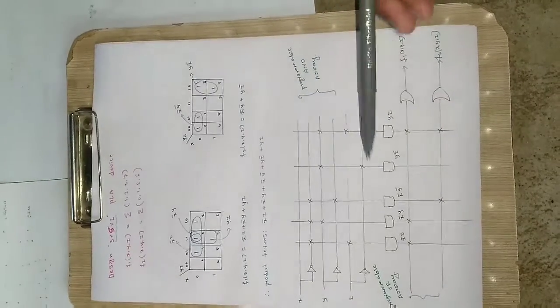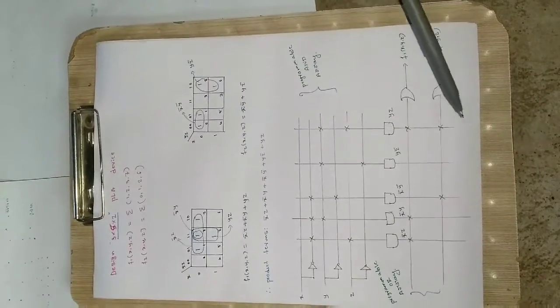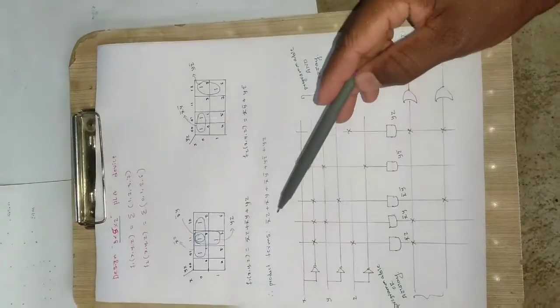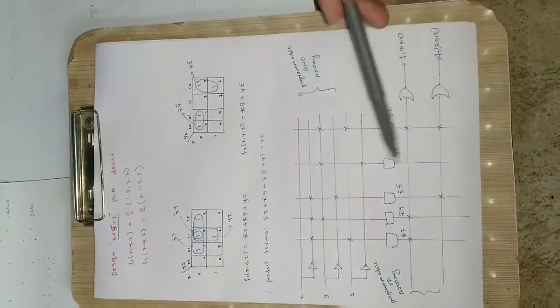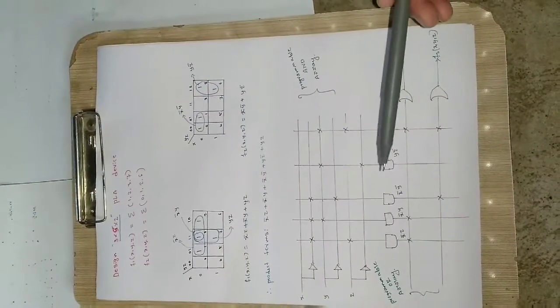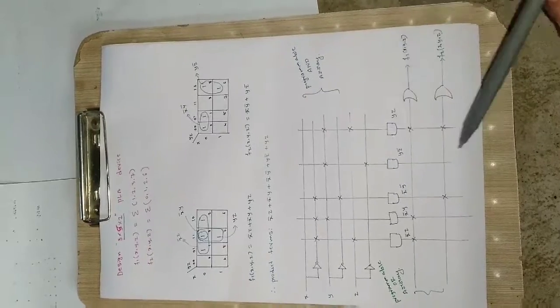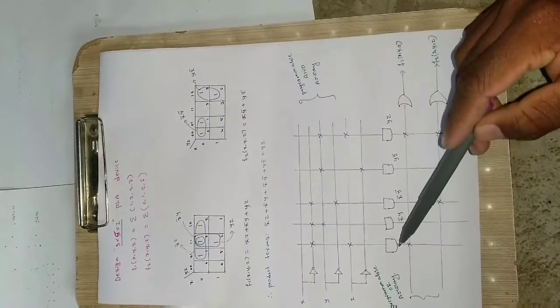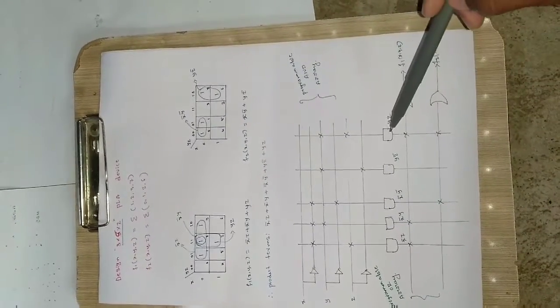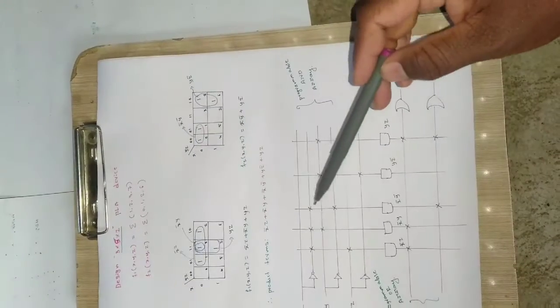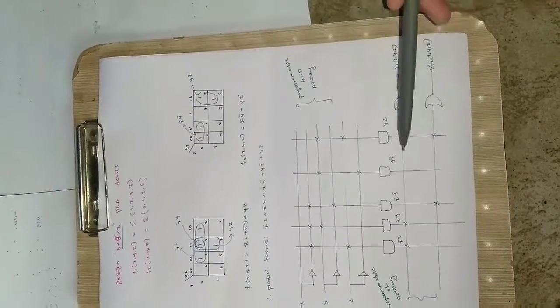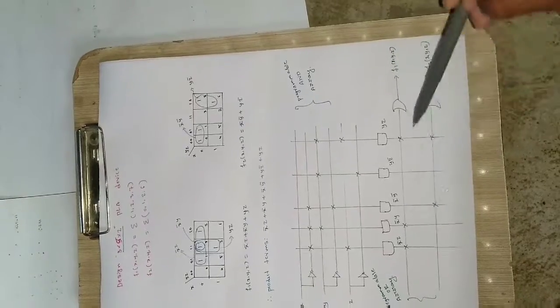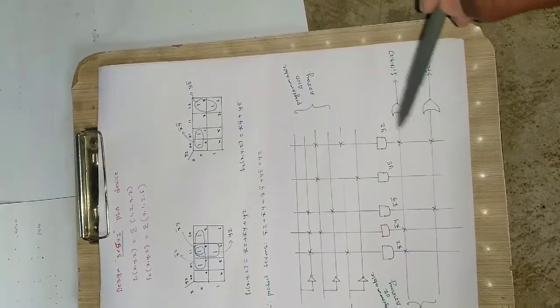So now coming to the design here. This is the actual design, how I can design. I have to make these the outputs of these AND gates. As 5 product terms are there, I have to take 5 AND gates here, 1, 2, 3, 4 and 5. Inputs are 3, so x and its complement, y and its complement, z and its complement I have taken now, and the outputs are 2, so I have to take 2 OR gates here. So I have taken 2 OR gates.